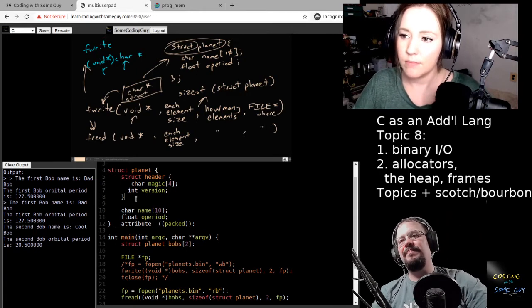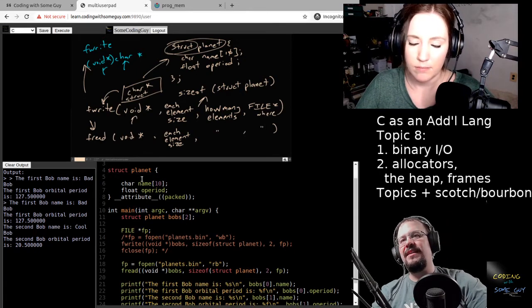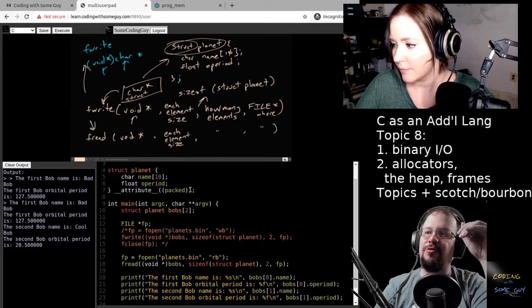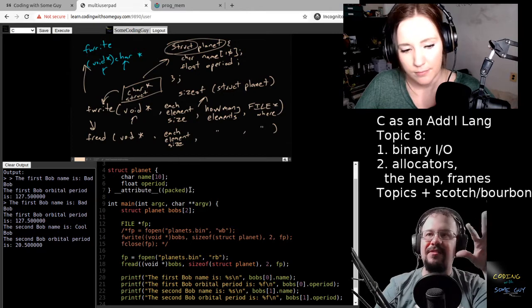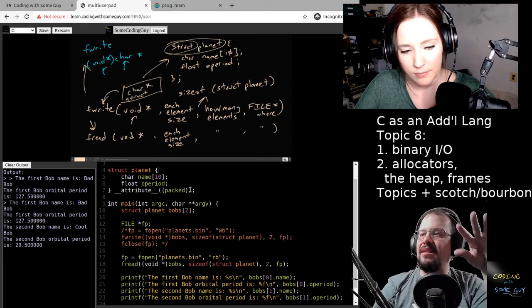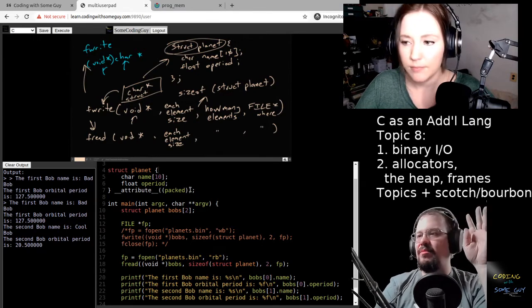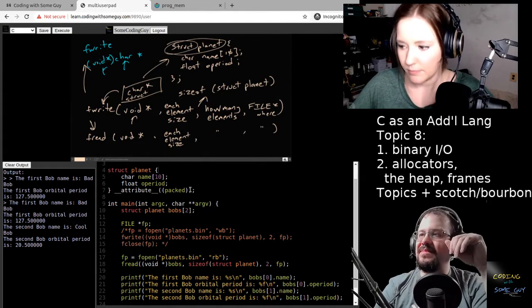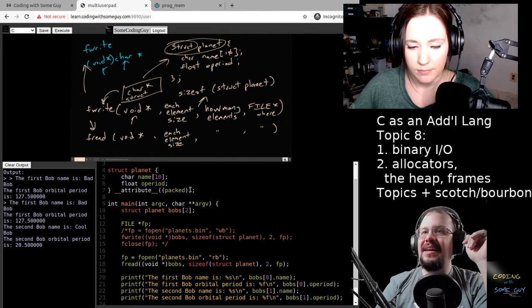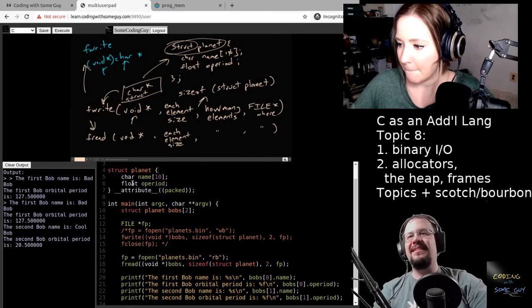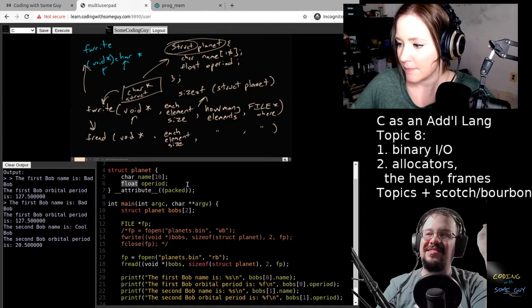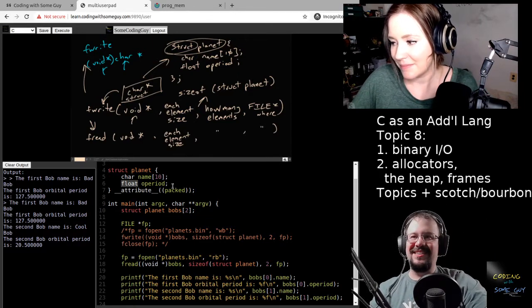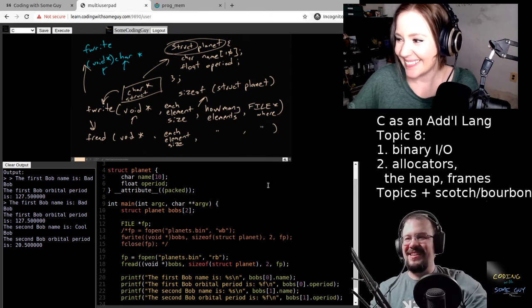But we can make our data format sort of whatever we want. For right now, we're just dealing with a uniform, single structure, a very simplistic format, packed and unpacked the right way. So we know exactly what it's going to do on different architectures because we packed it, so we're sort of agnostic to padding. Now, this does get into the format, because there's multi-byte stuff in here, so it's actually not going to be super portable, but that's an advanced topic. I guess that would go into the more advanced C mess.